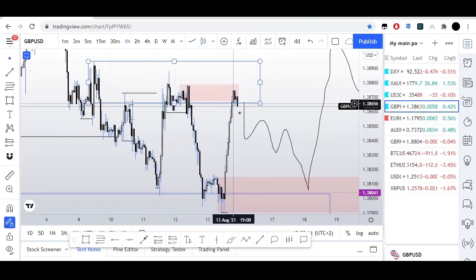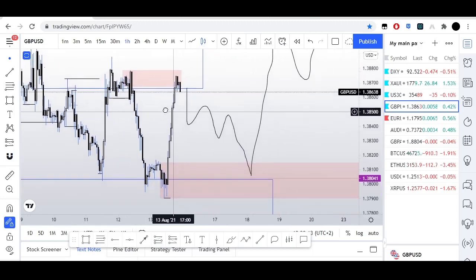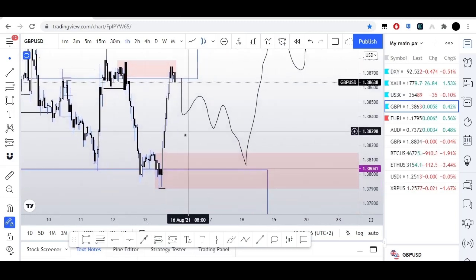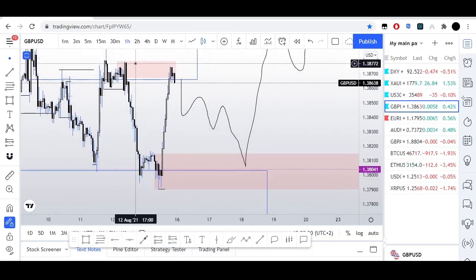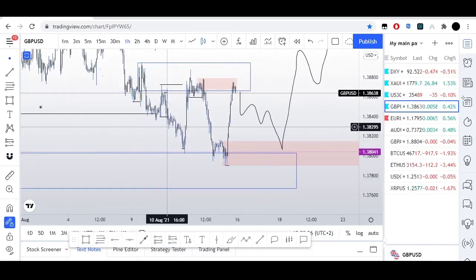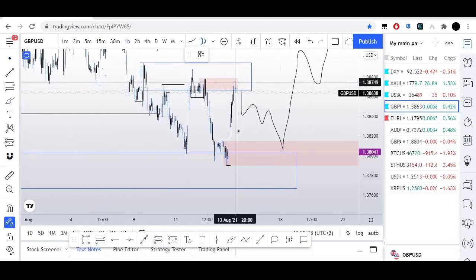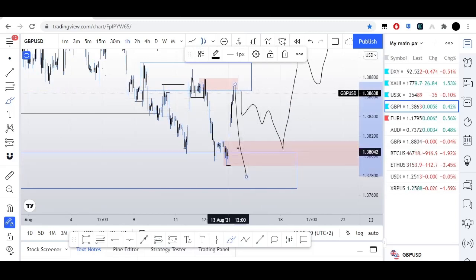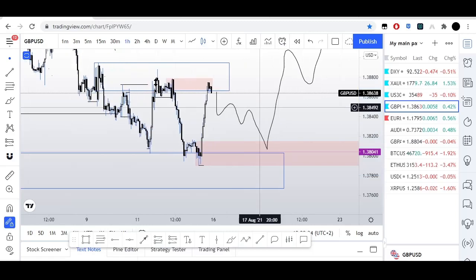So we're inside of here, we're reacting. I don't know if it's going to stick, but I do want to see buys inside of here. It could break this anytime. That's why you've got to be very wary. And if it doesn't break that and it comes down to here, it could definitely break this low. So I'm not taking any buy limit inside of here. I'm going to wait for a better entry. Now, if it breaks this high, then I'll put a buy limit. And hopefully,